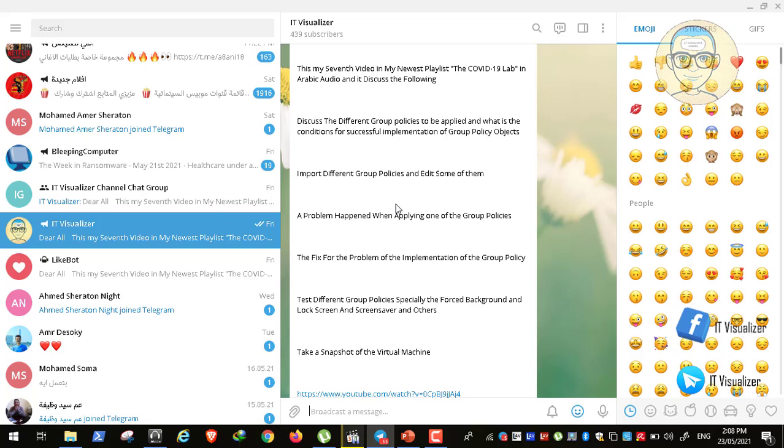We have also been discussing the conditions we need to take into consideration when configuring and applying group policies. You should have two conditions for a successful implementation of a group policy. First, you need to link the group policy to a certain organizational unit. So you need to tell the group policy management which group policy will be applied